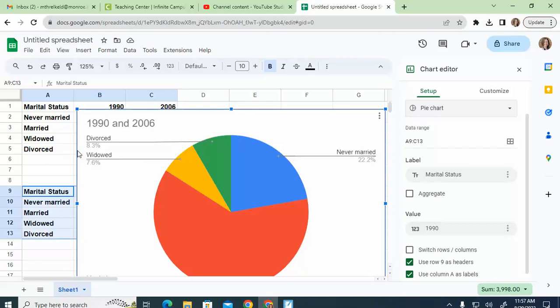Oh, like do you leave the actual table? If you delete the table off, it'll delete